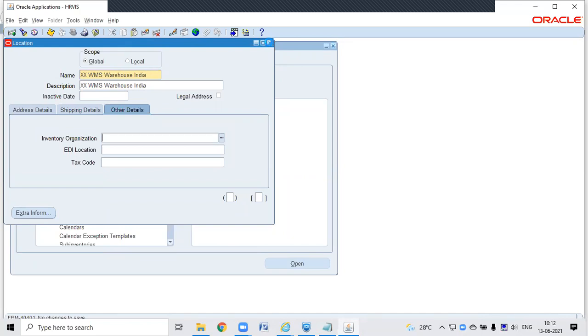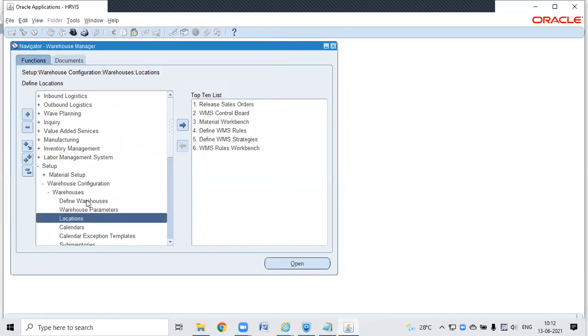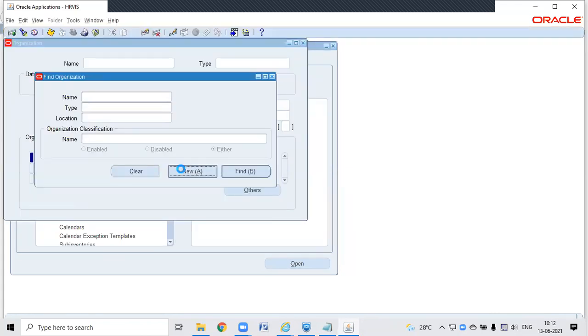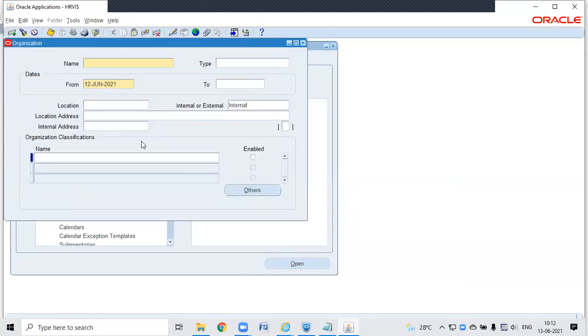No questions. Yes. Then we have to go to define warehouse, and we have to select new, and I put India WMS warehouse. This type is not required.